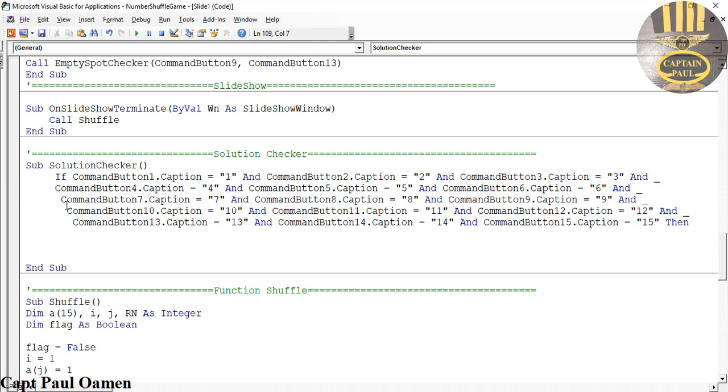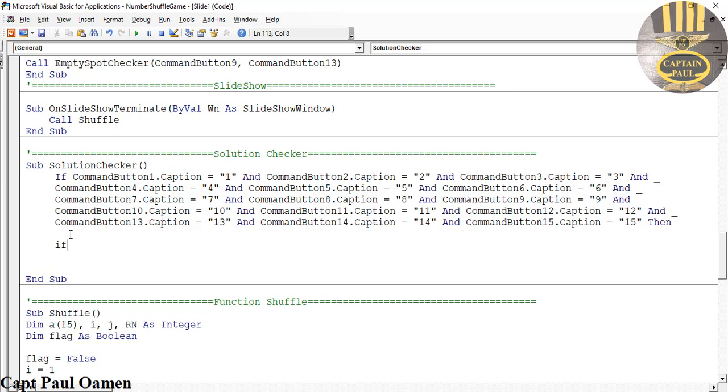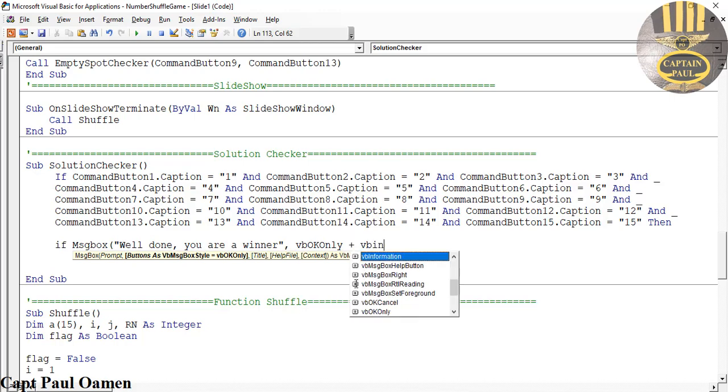Let's align this properly before I display my message box. I'm going to use an if statement, or that is how it's used in here anyway. If MsgBox, and that is, well done, you are a winner, or you are a star. There. I'm going to say comma, let's say vbOKOnly on the message box. Now plus vbInformation,